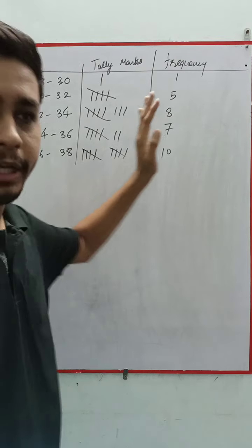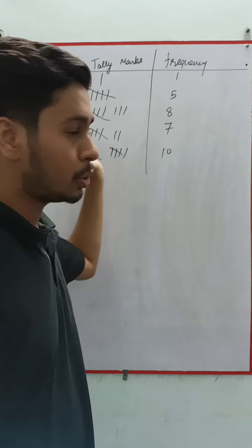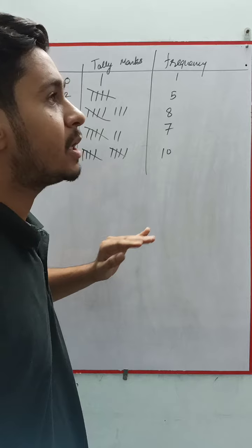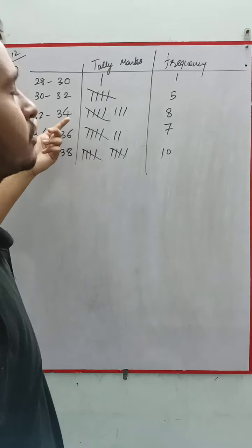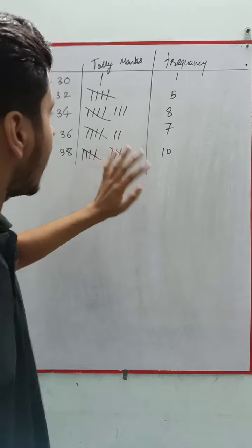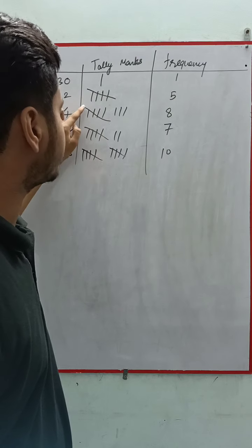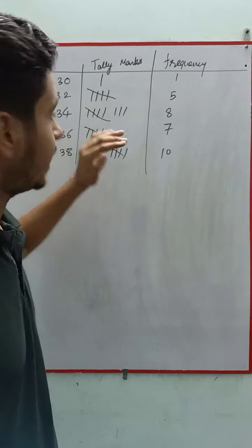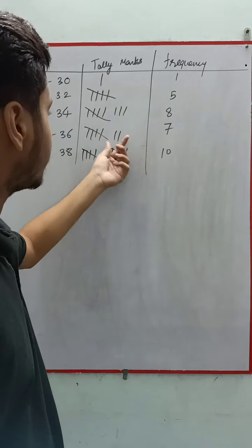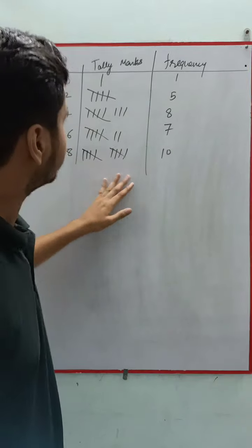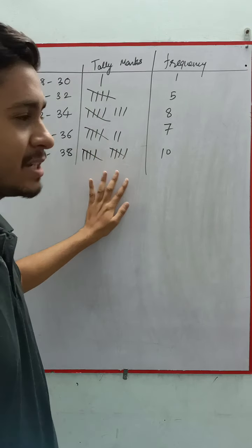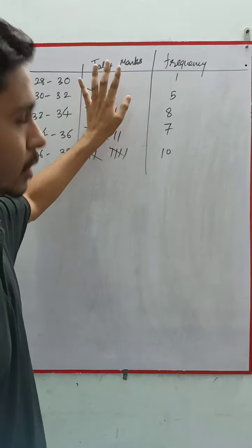So looking into the data, you have to look at each and every data value, and accordingly in which interval it is falling, you need to make the strokes. After every 4th stroke, the 5th one will cut through, and you have to start with a new group of strokes. Okay, so that is how I have seen. By looking into the data, I have made these tally marks, and we need to count them.